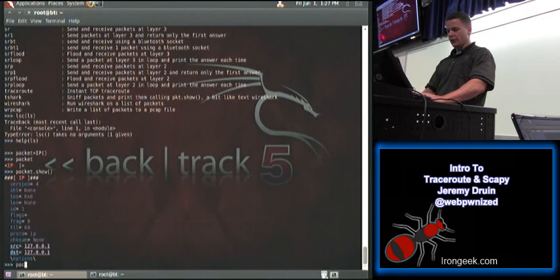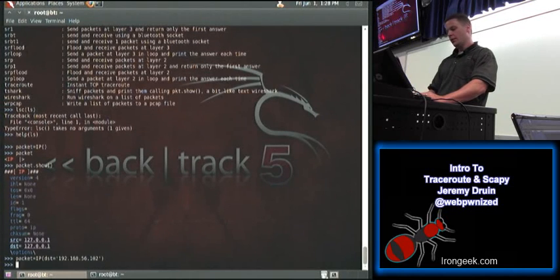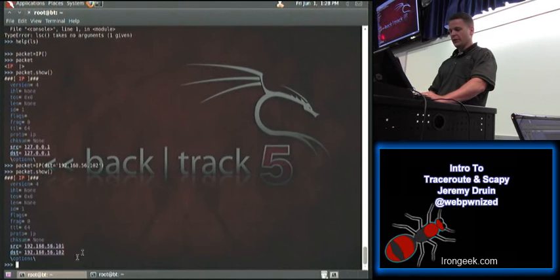So instead of packet equals IP with all the defaults, we can say that the dst, which I'm reading from right here, dst is equal to 192.168.56.102. That's the Windows box, and close paren. So if we do a packet.show now, we can see that the destination is